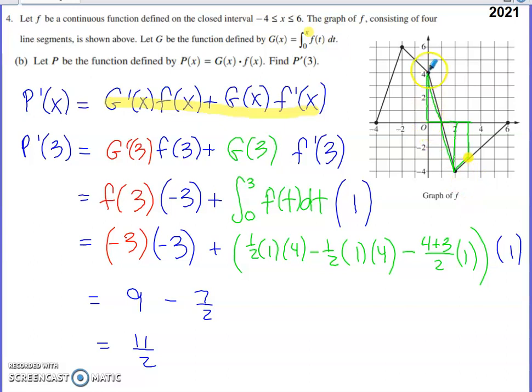So what I have is this triangle that sits above the x-axis from 0 to 1, and I have a congruent triangle that sits below the x-axis from 1 to 2. The area of each of those triangles would be 1/2 times a base of 1 times a height of 4. I've got the positive calculation here, but then I'm subtracting off that same area because